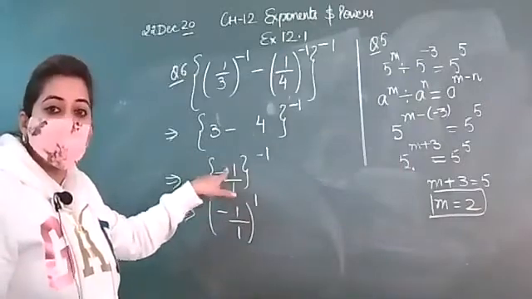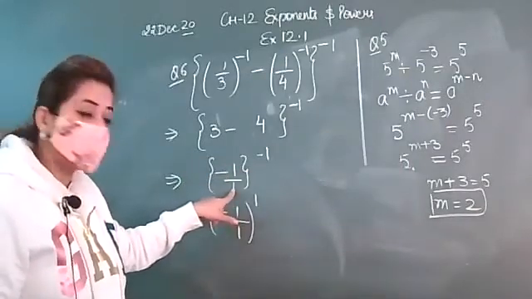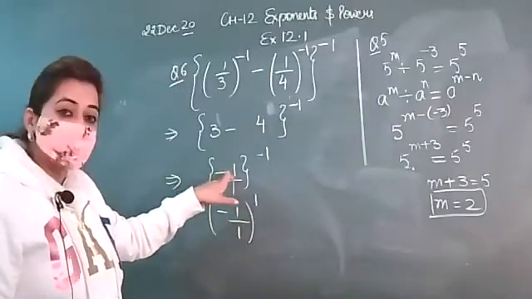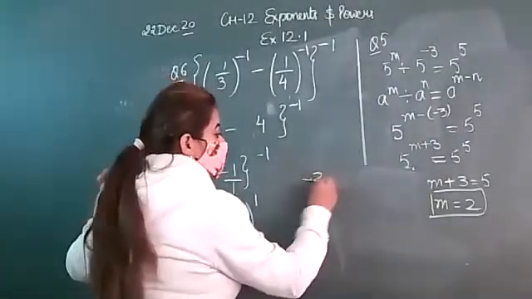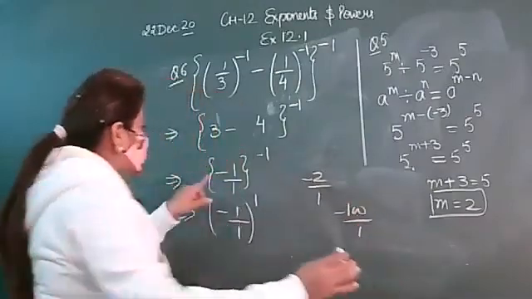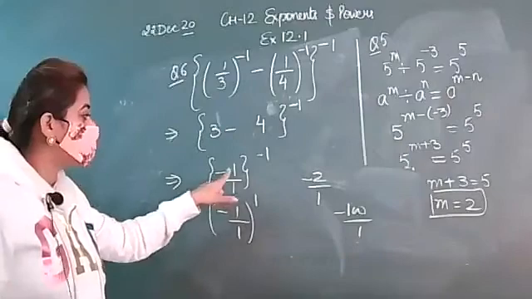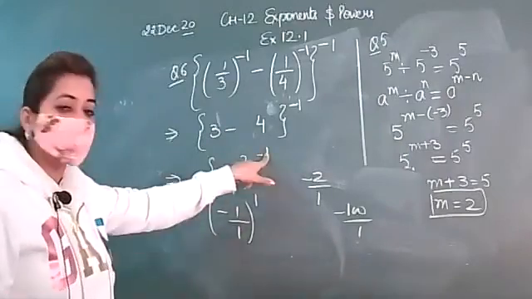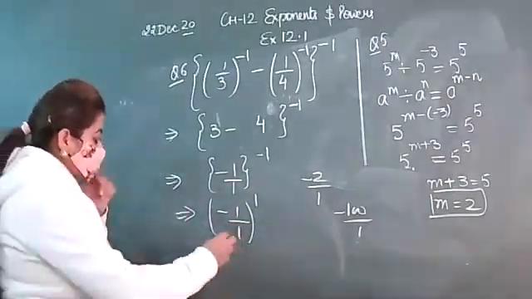Minus 1 का मतलब क्या है? Minus 1 upon 1. अगर नहीं लिखना तो आपकी मर्जी है, but it will make your work easy. Minus 2 का मतलब क्या है? Minus 2 upon 1. Minus 100 का मतलब क्या है? Minus 100 upon 1. तो same manner में minus 1 का meaning क्या है? Minus 1 upon 1. Minus power is there, so make the reciprocal and the negative will become positive.